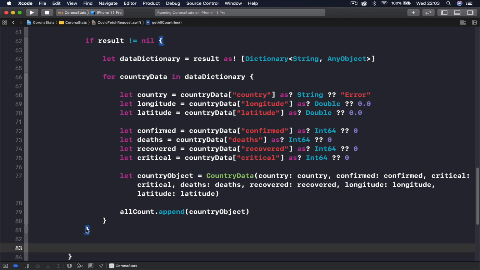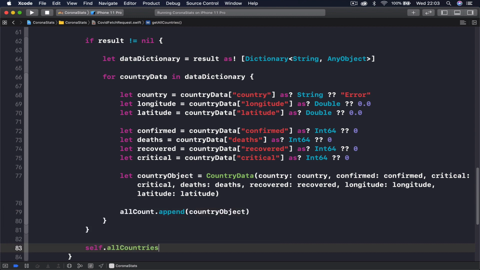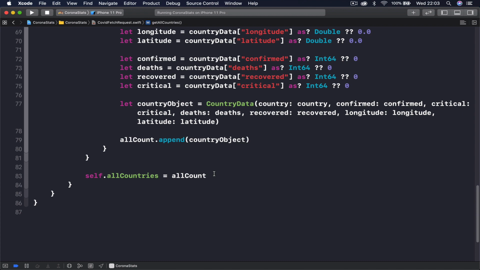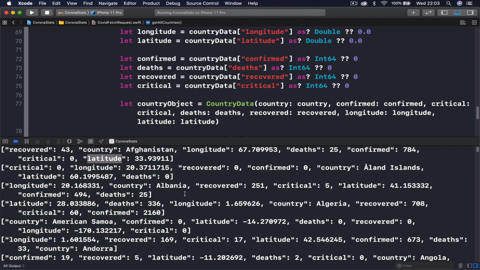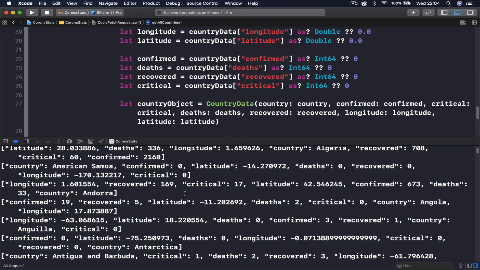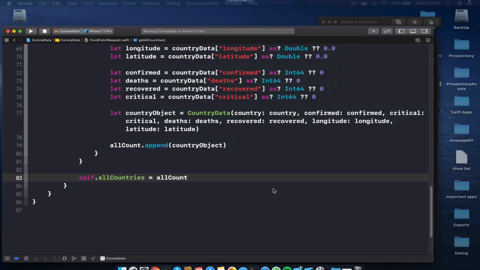And once we are done with our for loop and then with our if statement, you see I'm doing this after the if result not equals nil. I'm going to say self.allCountries, and this is our global variable, equals our allCount, which is our local variable, but we want to sort this somehow, because right now it will just give us random values. As you can see here, I think it's alphabetically sorted. Yeah, we are getting from the API alphabetically sorted,